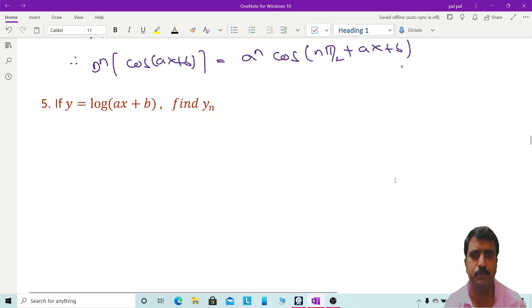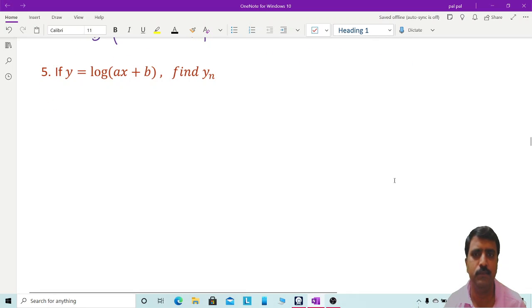As you see this problem, what is the nth differentiation of log of ax plus b? That is, if y is log of ax plus b, then what is its nth derivative? That is, yn means its nth differentiation. We need to find yn. Yes, to find its nth differentiation,